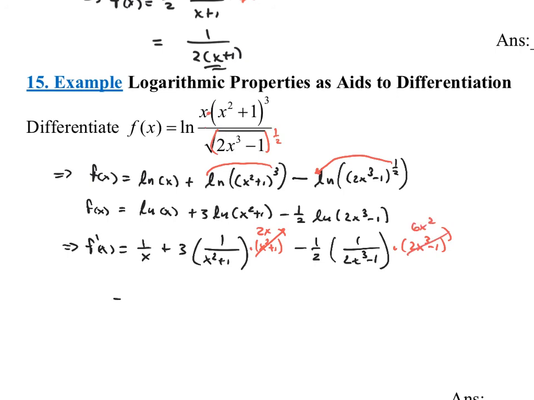Let's do a little bit more simplification. F prime of x here, my first term is 1 over x. My second term, I have the 3 times the 2x, so that would be plus 6x over x squared plus 1. In my last term, I see a 2 on bottom, a 6 on top, so that's going to simplify to be a 3. So I have a minus 3x squared all over 2x cubed minus